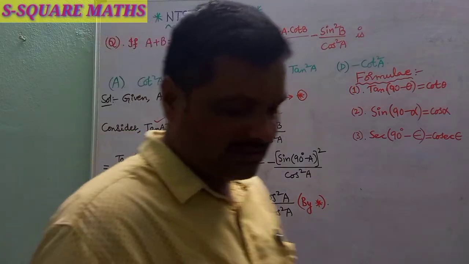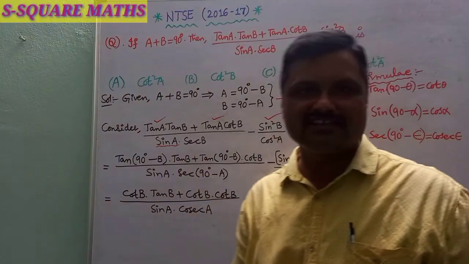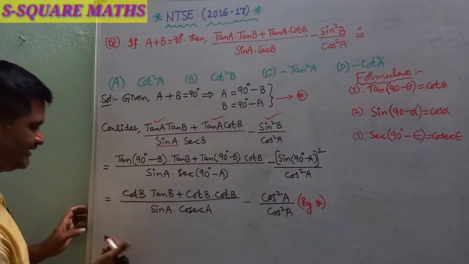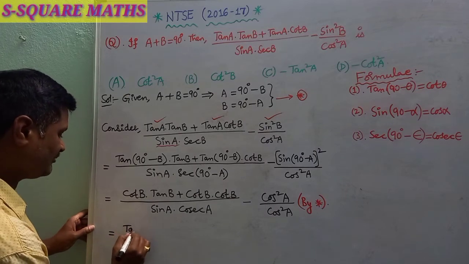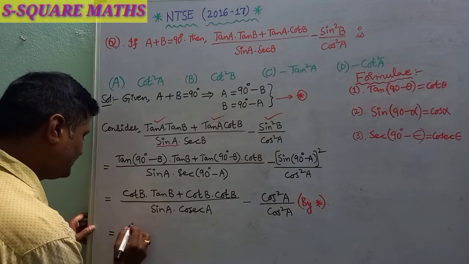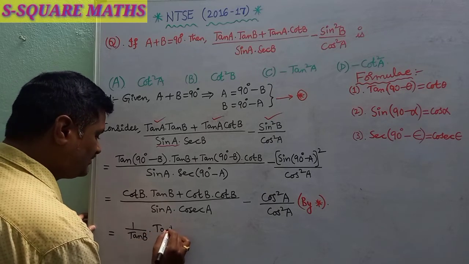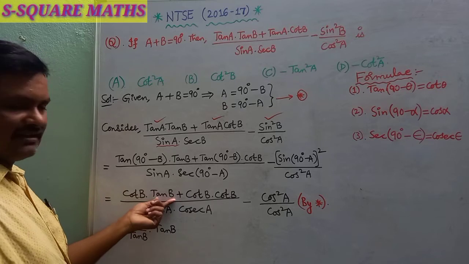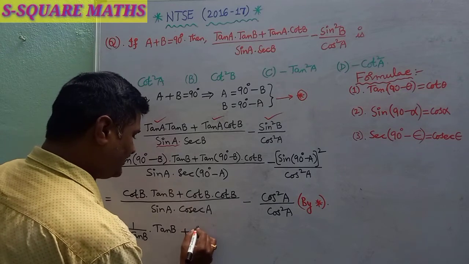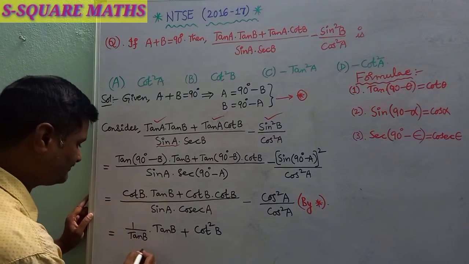Now let us go through the remaining part. I hope that up to half you have understood. This is the main part. Remaining is only the simplification. Now we know that tan and cot are reciprocal to each other. So now I can write this as 1 by tan B, and this one is tan B, or cot B, you can write it as 1 by cot B, that is your wish, plus again cot B into cot B is cot square B, x into x is x square.